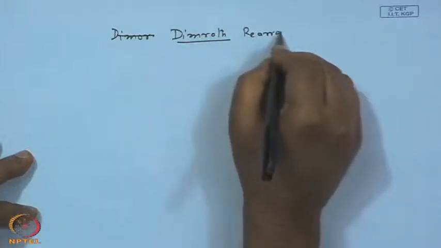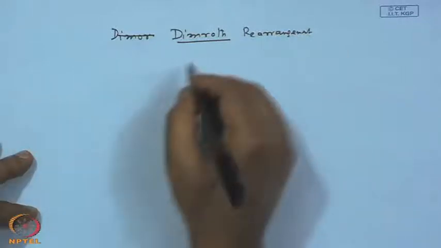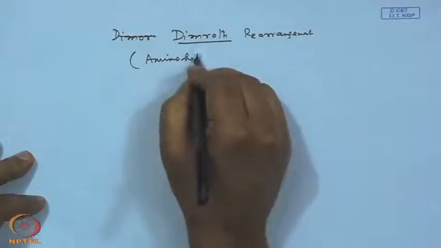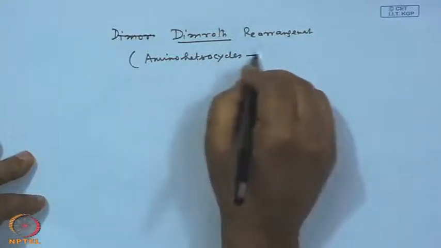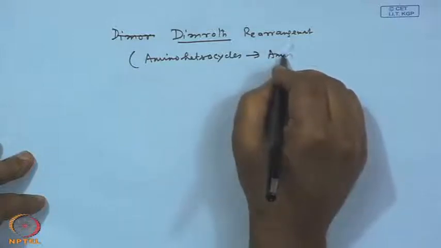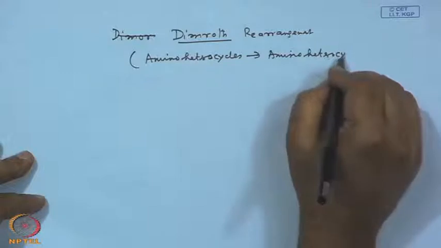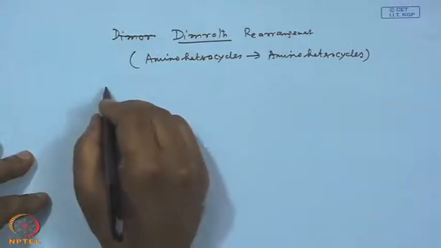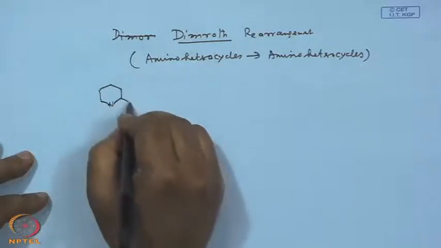It is basically amino heterocycles getting converted to amino heterocycles. For example, I think if you take an aminopyrimidine here,